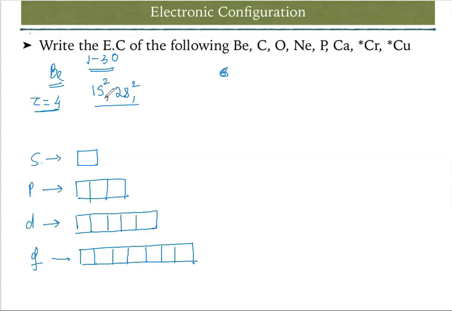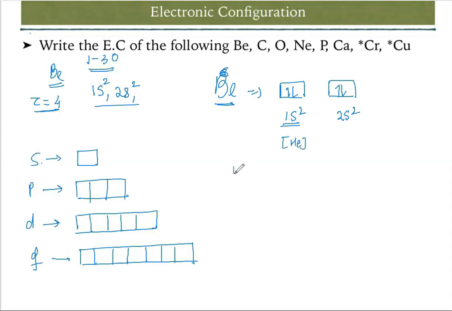So I think beryllium is clear. So in terms of boxes, how can you write beryllium? So beryllium can be written as, first 1s. So 1s I'm writing. This is one box. This is another box. So this is 1s2 and this is 2s2. Now 1s will have this electronic configuration and 2s will have this electronic configuration. Okay, so this 1s2 is nothing but your helium, right?